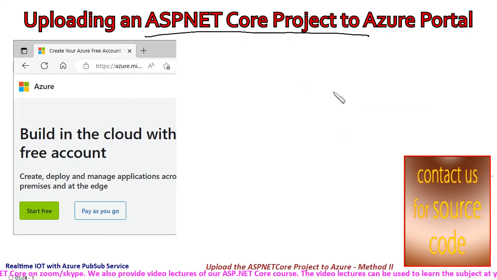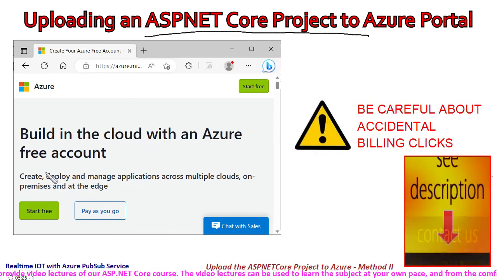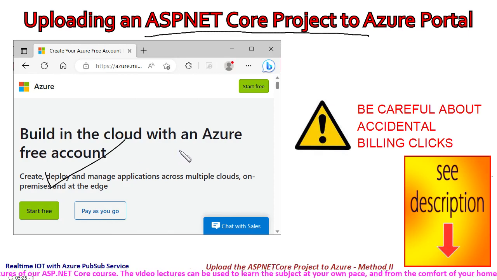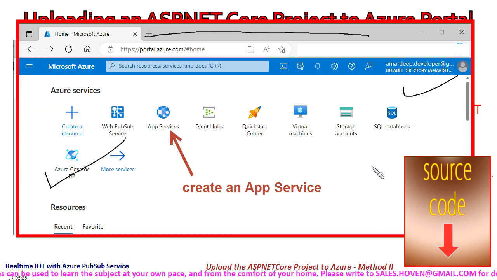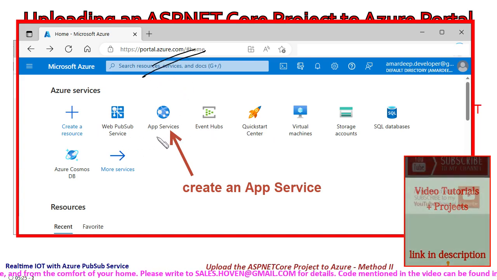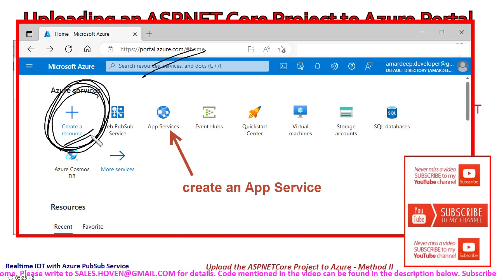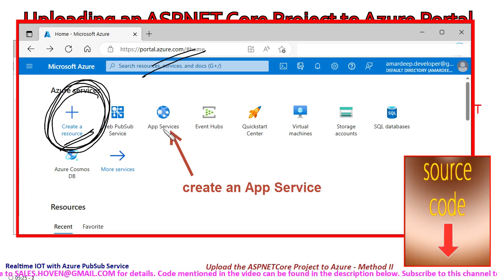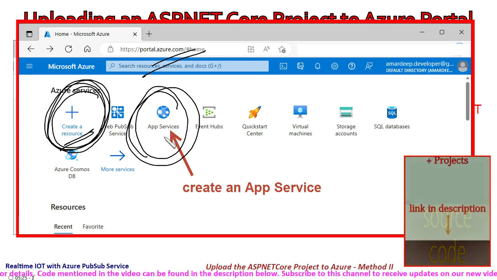So briefly let me explain the steps. First of all, as I stated earlier, you should go to Azure and create your own account. Be careful about accidental billing clicks. And after that, when you log in to your portal, you will have to search, either by using the create a resource button, use this one to create a resource, or if it is already listed, your objective is to reach App Services,